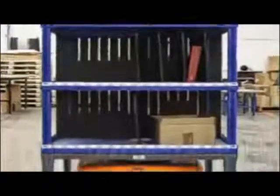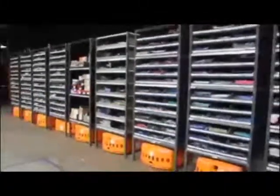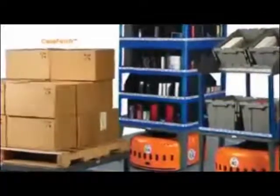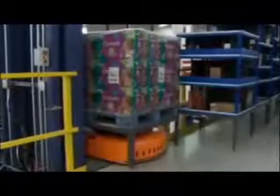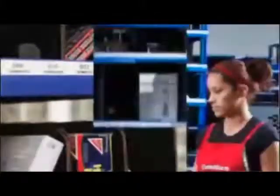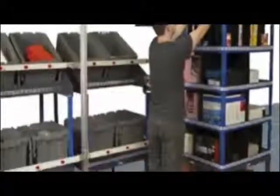It is used to eliminate the need for humans to walk up and down looking for items. Kiva bots are used to move goods from one area to another. All items are scanned and placed into specific bins for the Kiva bots to find and bring back to the